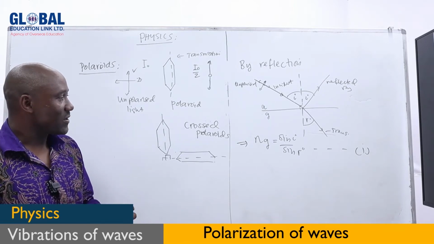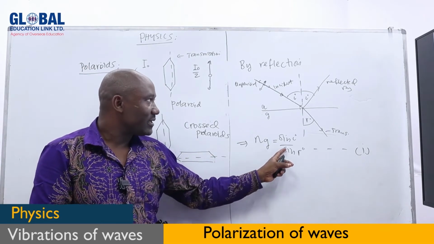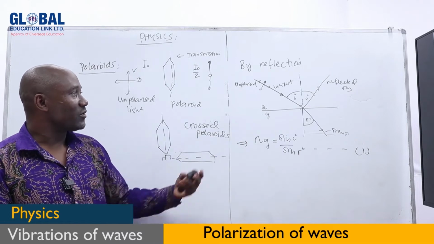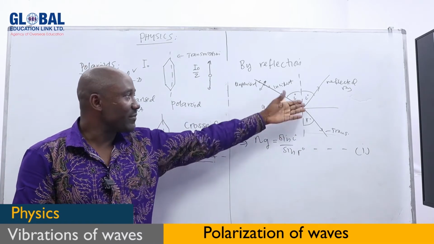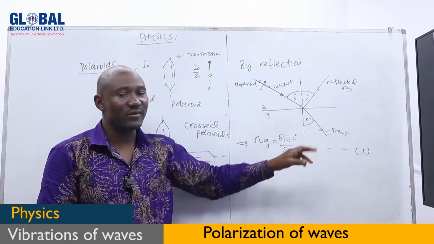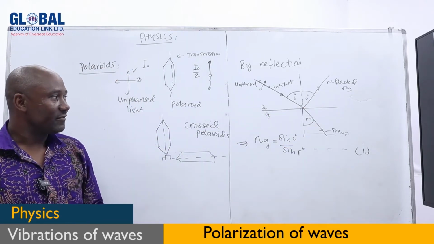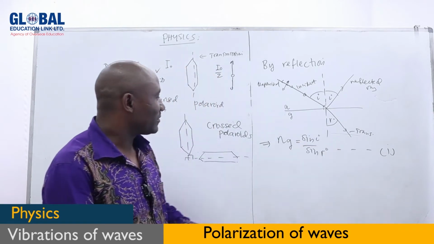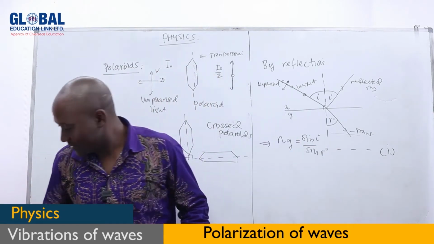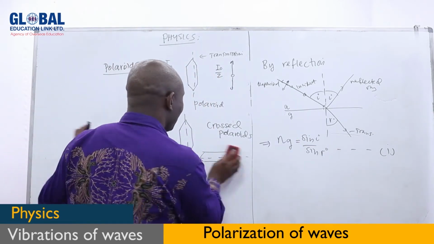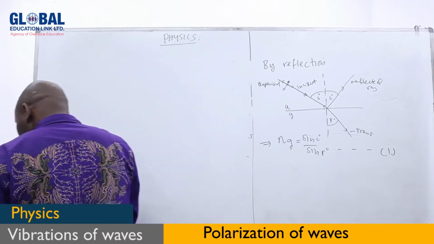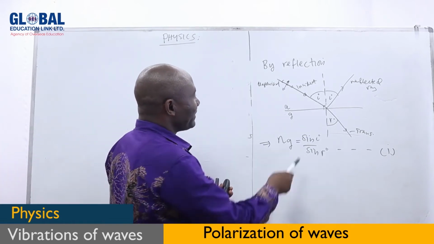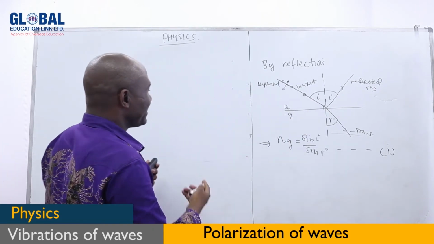So from there, you can deduce the formula which shows what happens when you increase the angle of incidence: what happens to the angle of reflection and the angle of refraction. Now let's see how you combine the reflection and refraction laws when looking at this kind of polarization. For example, it has been found that when the angle of incidence increases, it reaches a point